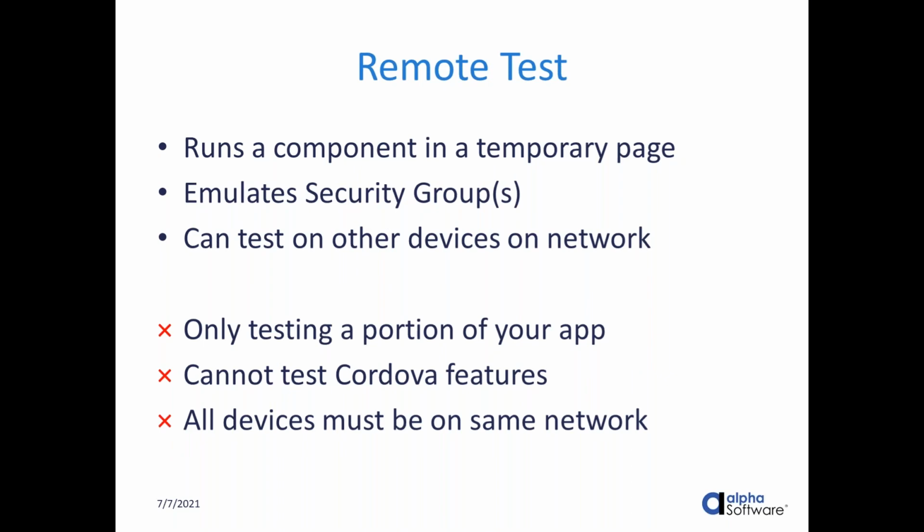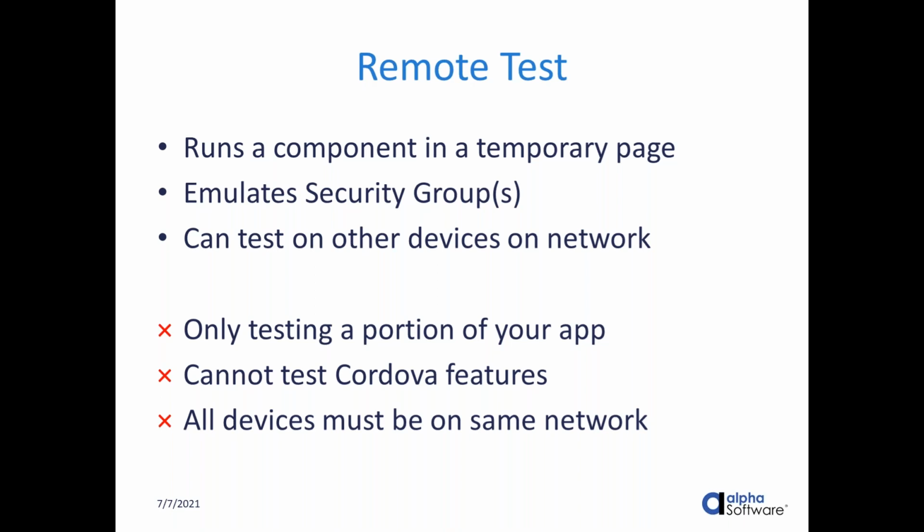So, other methods for testing. We're now going to move out of the Alpha Anywhere development environment and more onto devices like a web browser on your phone. One of the easiest things you can do from the development environment to start getting stuff outside of the IDE is doing a remote test. Remote test is still running a component, and it's still only emulating your security, but something it lets you do that you can't do in live and working preview is that you can